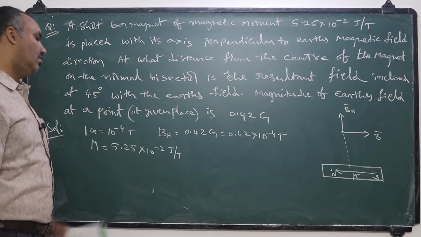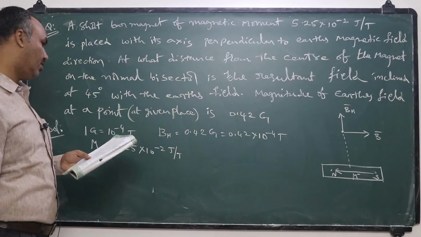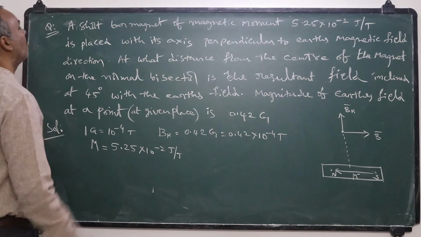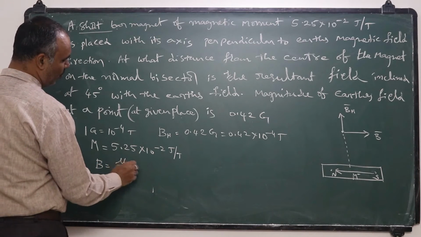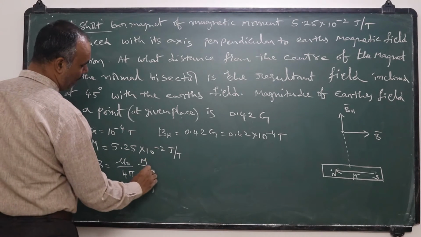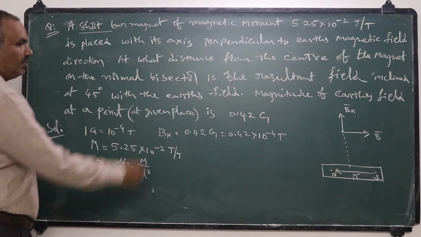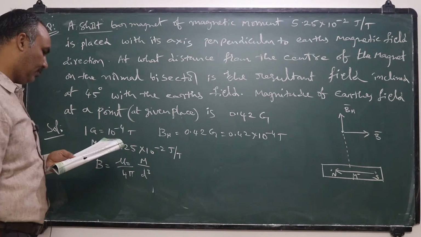So we kept our short bar magnet's magnetic field as it is. It is a short bar magnet, as they mentioned. I can take the B formula as mu naught by 4 pi into M by d cube. This is the value of B, this is the value of BH. Now your question is,